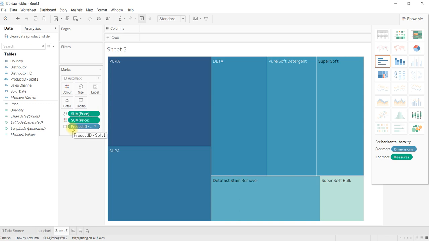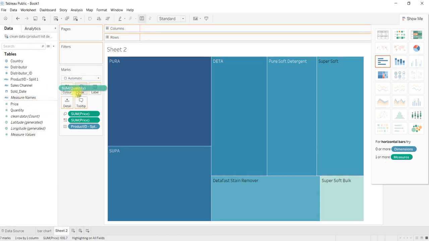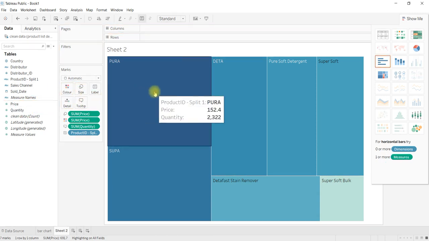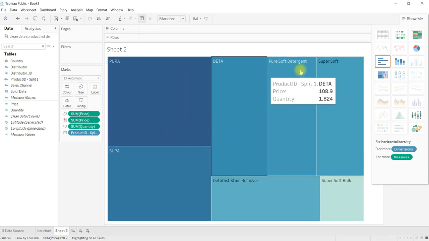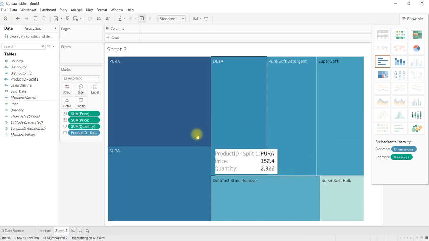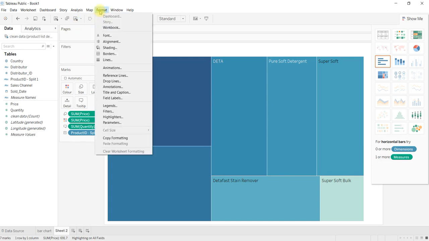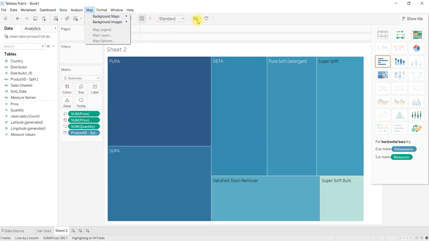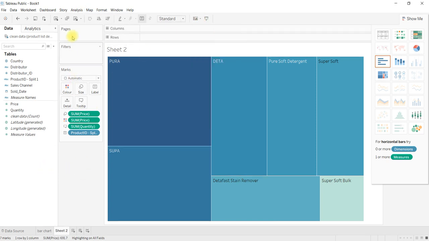For example, if you like to have a tooltip as quantity, then take it to a tooltip, so quantity will be shown in a tooltip. Like this we can have a different type of product wise visualization here. Again the same things will be available, same formatting, everything you can do here using the format we already discussed. To change or show or hide the filters, you can use filters, you can use a page.